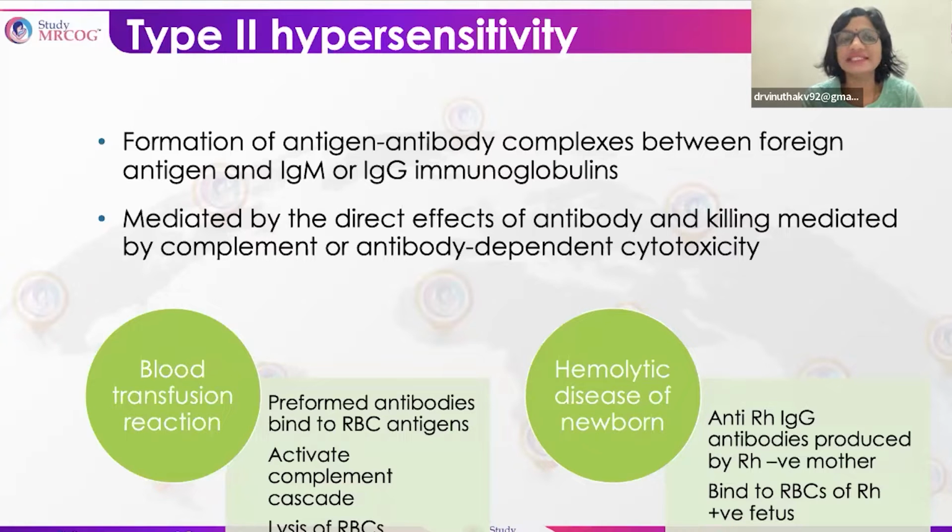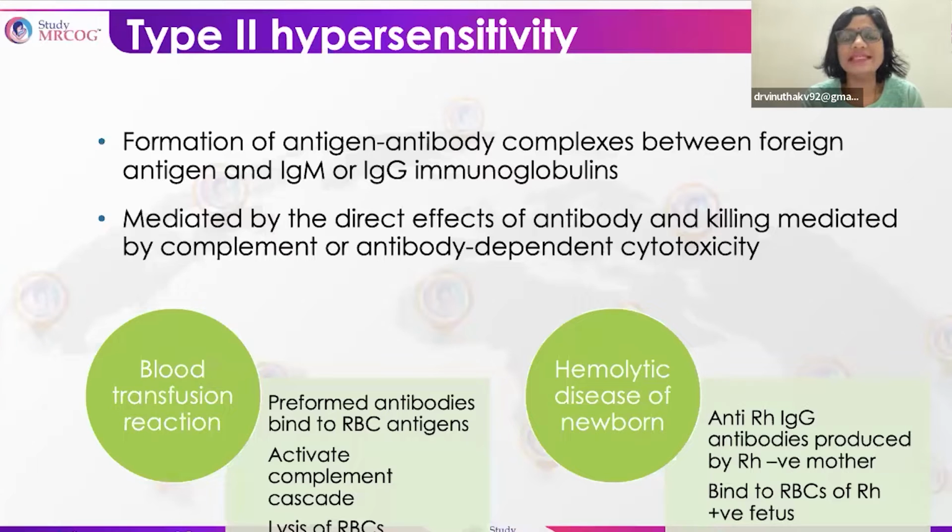In the first sensitization, the mother doesn't have D and the child has D. So when the child sends some of its anti-D or Rh D cells to the maternal circulation, the mother recognizes this as a foreign thing and starts producing